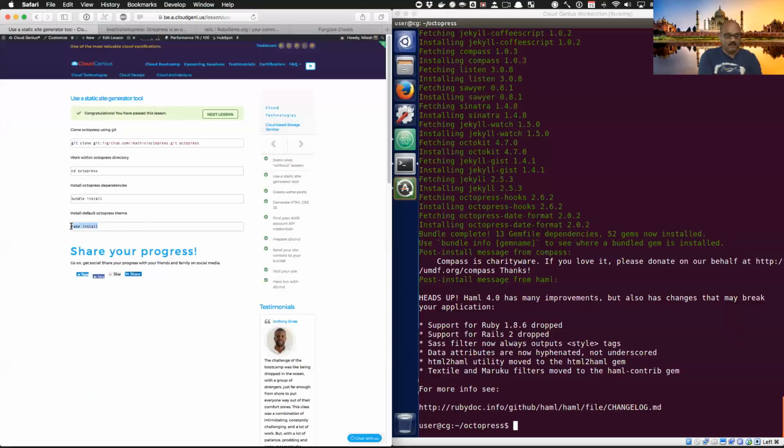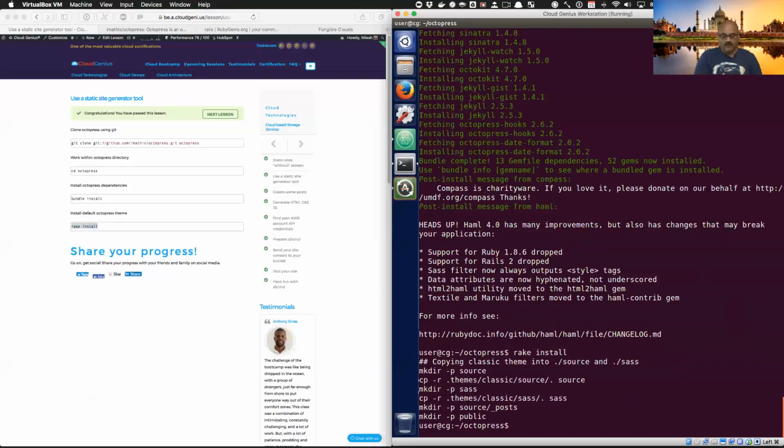You can run it by this command. Now we are running Octopress in the next step. Up until now, we were installing the dependencies needed by Octopress. Now, in rake install, we are actually installing a default theme within Octopress. So it is going to do that, and it just did. It said, I am going to create a folder called source. I'm going to copy a theme, the classic theme, into the source folder. I'm going to create a folder called SASS and copy the classic theme SASS files into the SASS folder. I'm going to also create a folder called